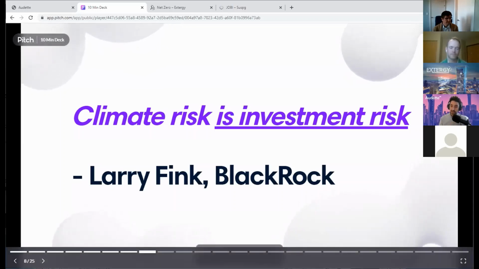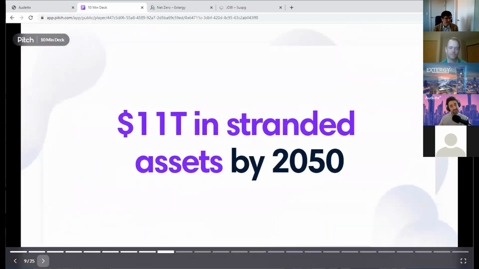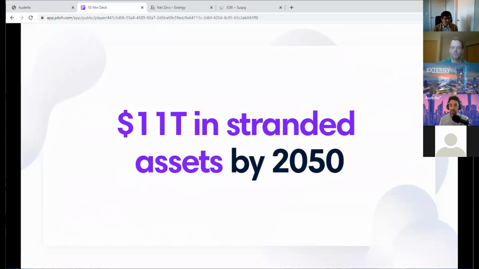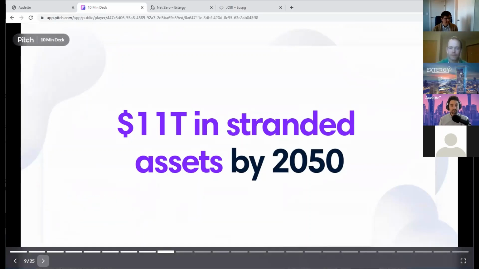And you'll see on the next slide that in fact, it's anticipated that without action, up to 11 trillion in real estate will be completely unsellable by 2050. And absolutely nobody wants to be left holding that bag. So under business as usual, the only mechanism available to real estate for finding conservation projects is the energy audit.